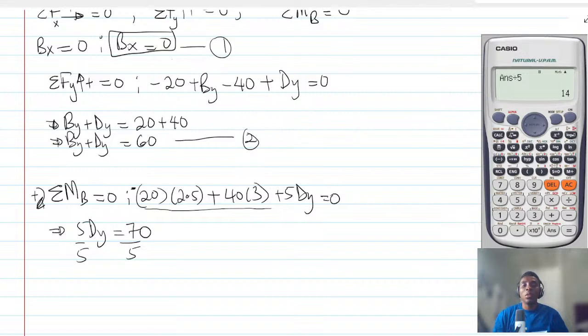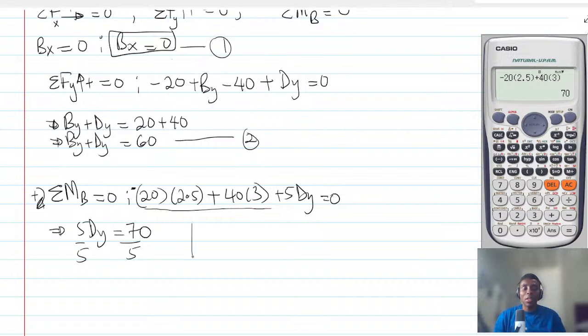So essentially what you have done here is that you have solved for the reaction force at point D. But then I think it has to be negated, because if you look at it, minus 20 multiplied by 2.5 plus 40, yeah, so it's supposed to be